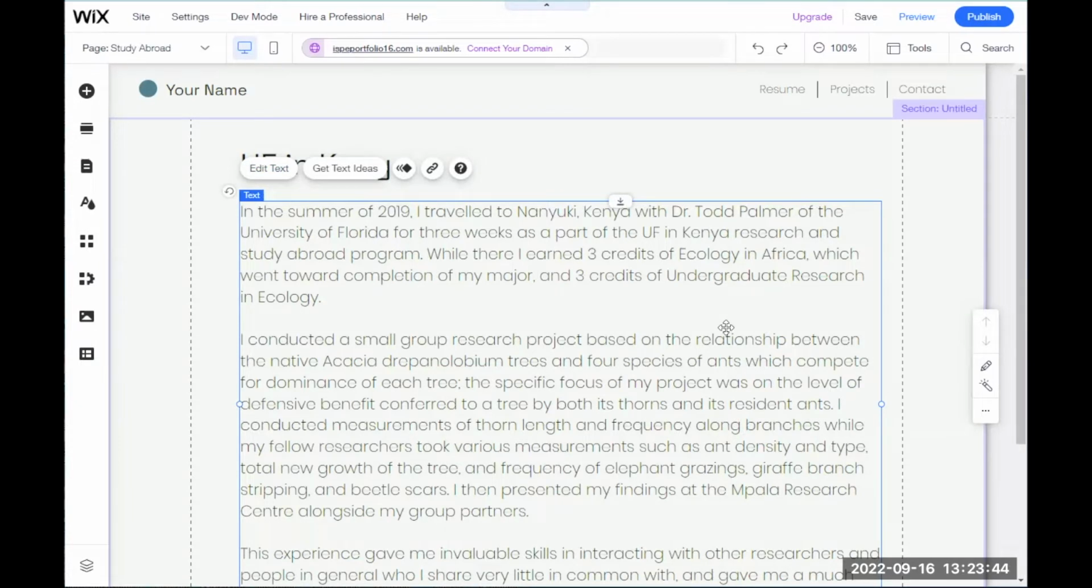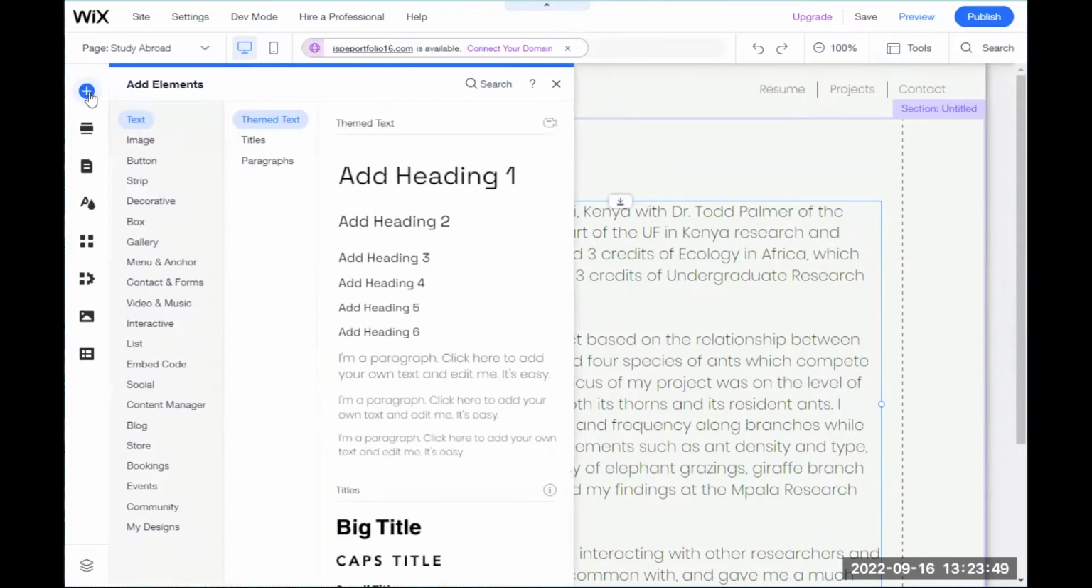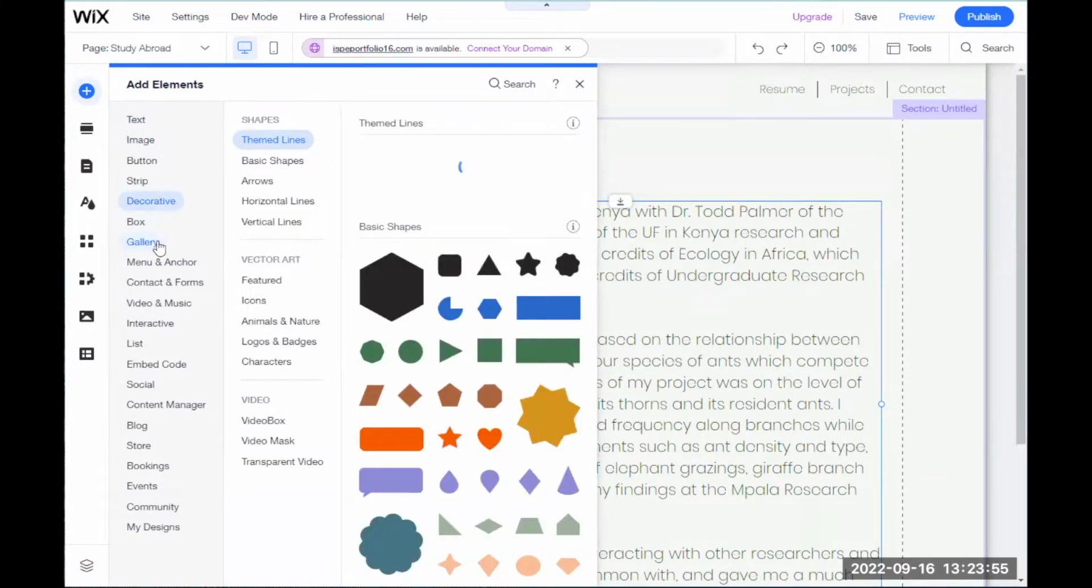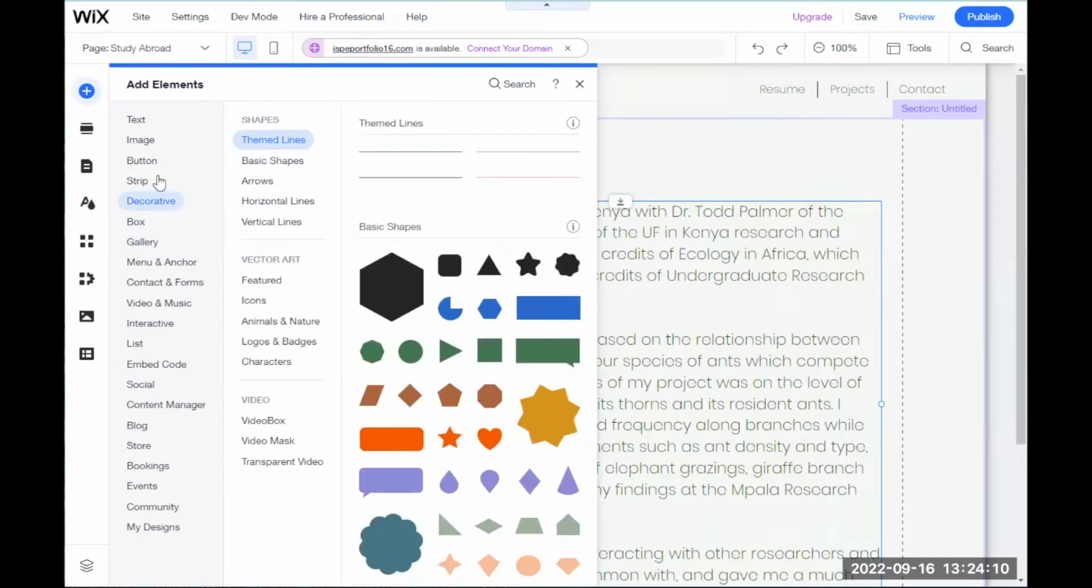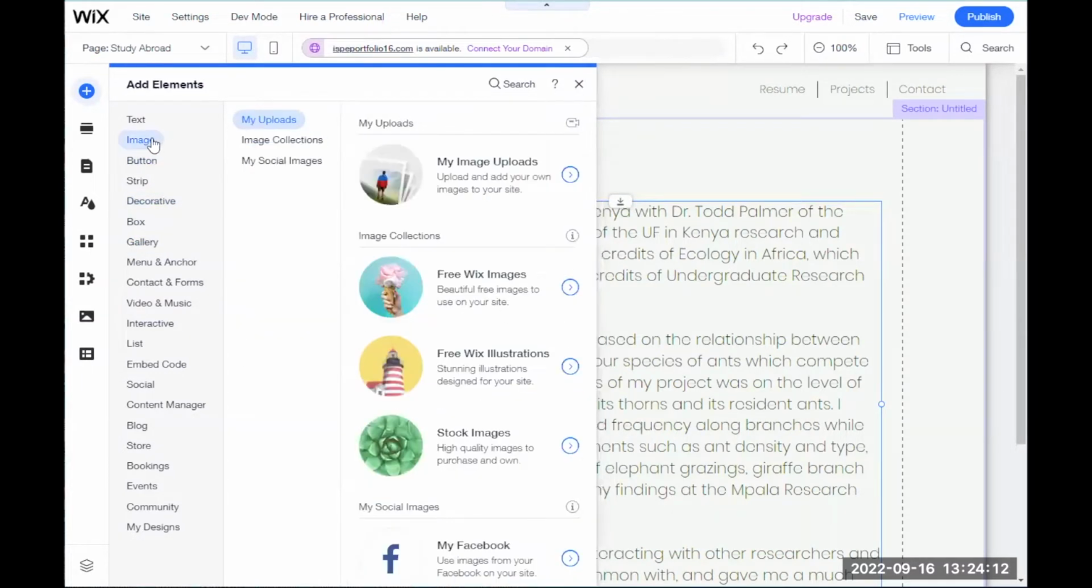All right, so now I want to add some media. So I'm going to go back to my Add Elements button. If you plan to use multiple photos, I really recommend looking at the galleries. These are pre-made and they're really easy to fit multiple photos into your ePortfolio. For me, I'm just going to choose one image for this page. So I'm going to come to Image,